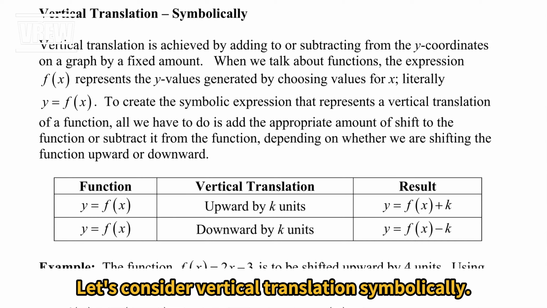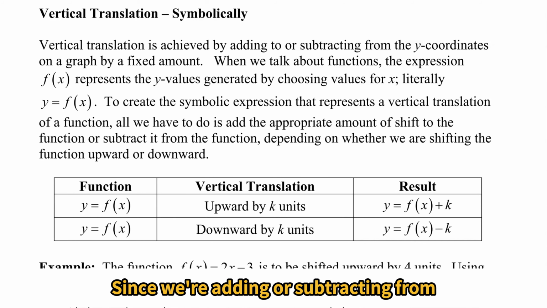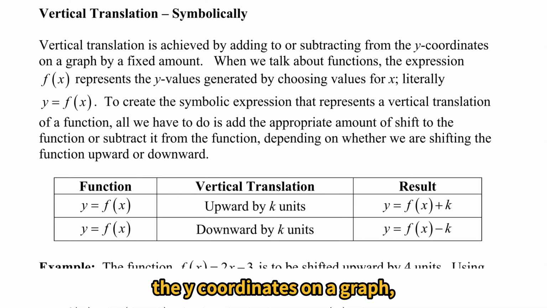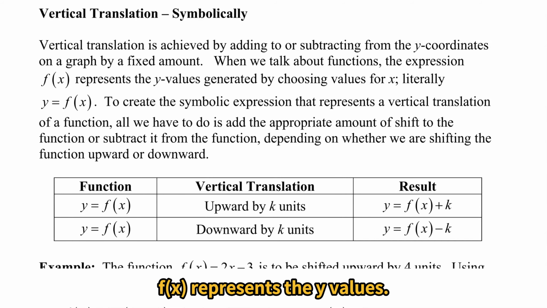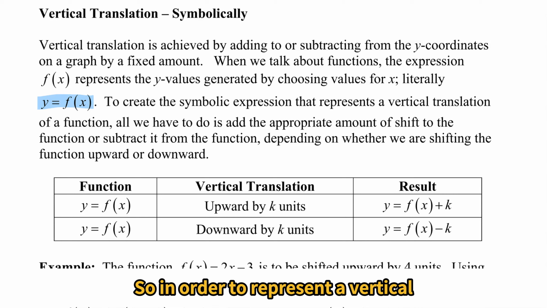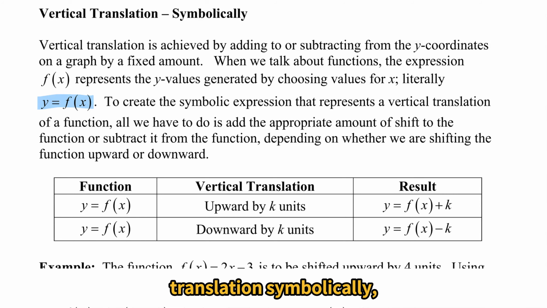Let's consider vertical translation, symbolically. Since we're adding or subtracting from the y coordinates on a graph, when we look at the function symbolically, f of x represents the y values. So in order to represent a vertical translation symbolically, we would just add or subtract that amount on the end